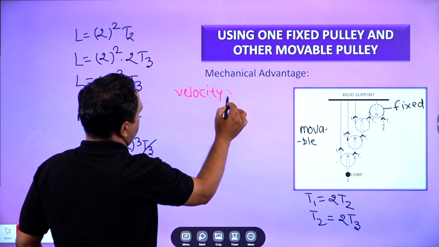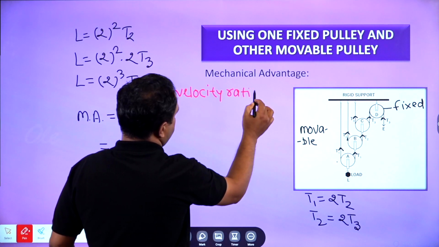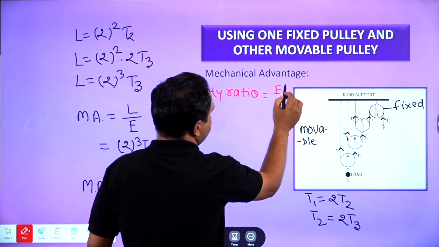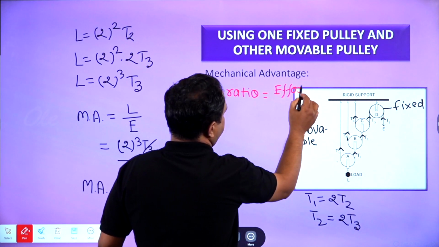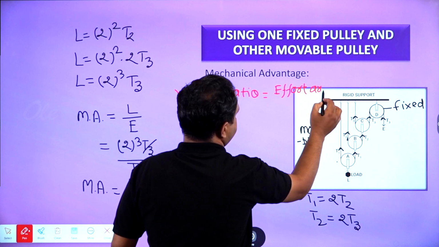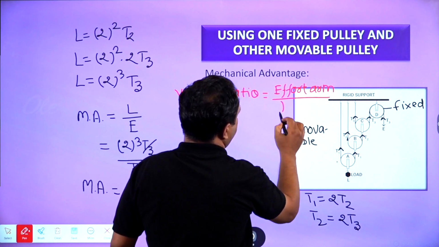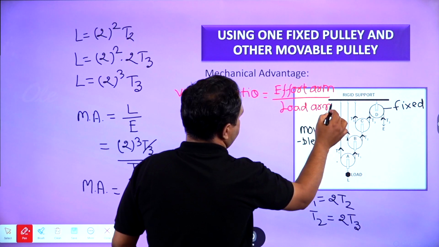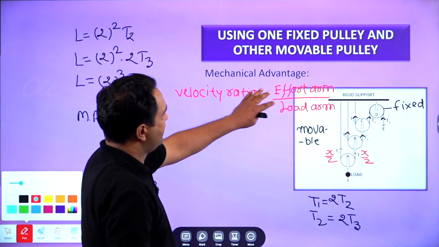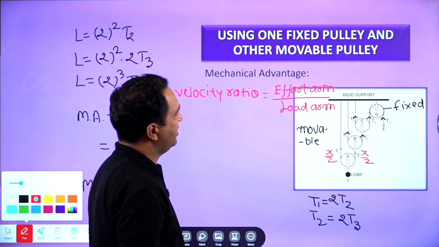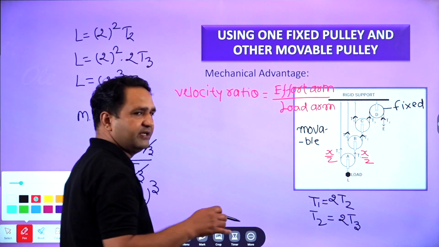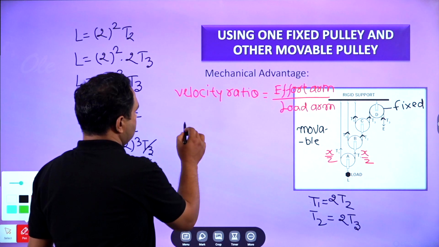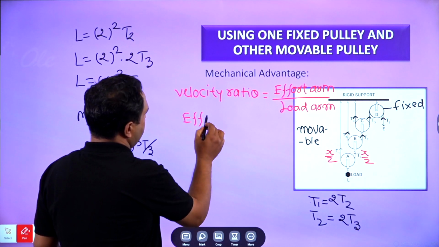Velocity ratio is equal to effort arm upon load arm. Okay, so first of all we will discuss what will be the effort arm. How much displacement will be there in effort arm? So effort arm